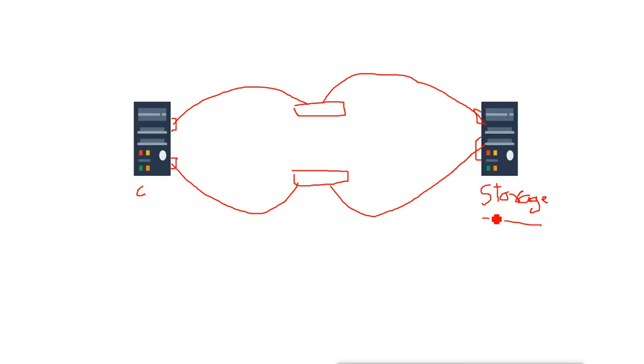Then we don't have to configure anything here. We have to configure MPIO on this initiator server, which is the client of this iSCSI target and wants to access the storage server through these two different paths. So on this server we will configure MPIO, that is multipath input and output. When we configure this, it will use both paths to connect to the storage, and we can select the type of connection. We can select load balancing, round robin, or failover.